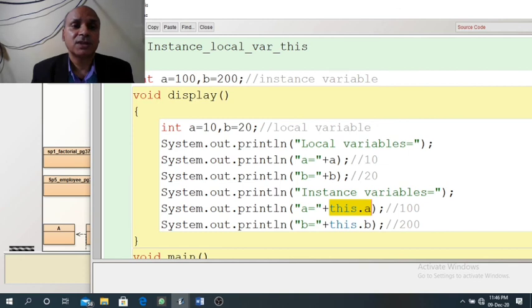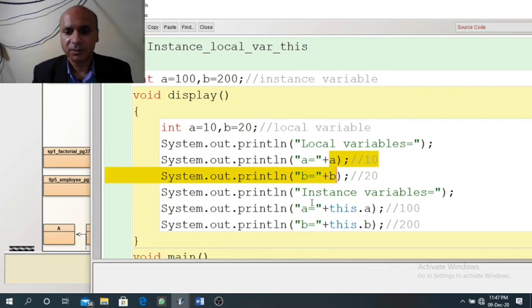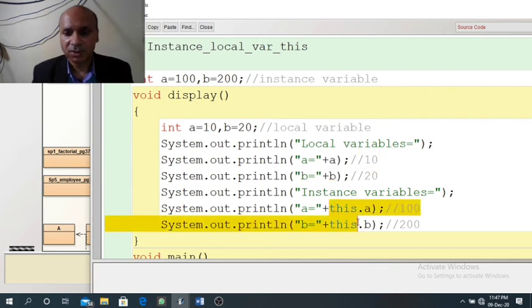Since the object refers to instance variables, it does not refer to local variables. So this dot a refers to 100, this dot b refers to 200. So this is the simple code here. If you want to print local variables, then you simply write a and b. If you want to use instance or global variables, then use this dot a, this dot b.